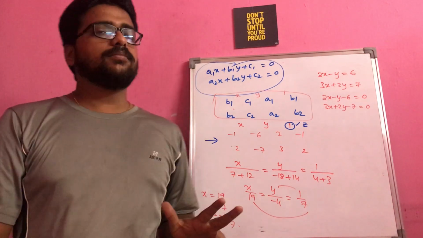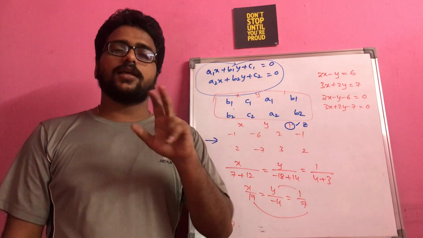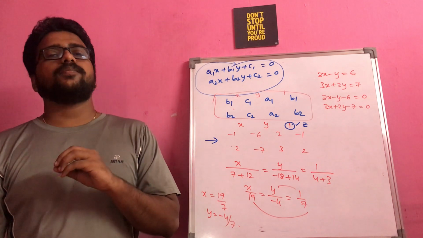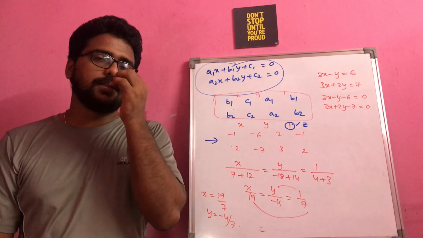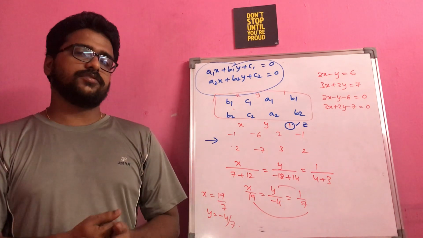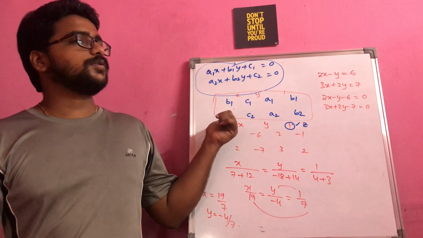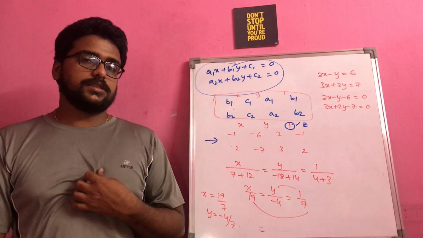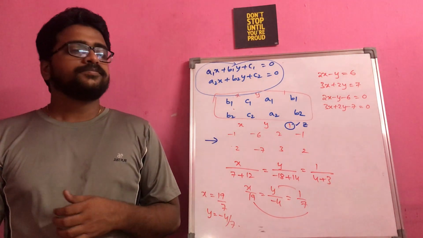In any method you can solve to get the answer clearly, but if you want to make your work simple, and if they didn't specify any particular method, then better go for the substitution method or elimination, so that it will become easy for you. But try to remember the procedure for this cross multiplication, which we are going to use in our future classes. That is really important. Okay.